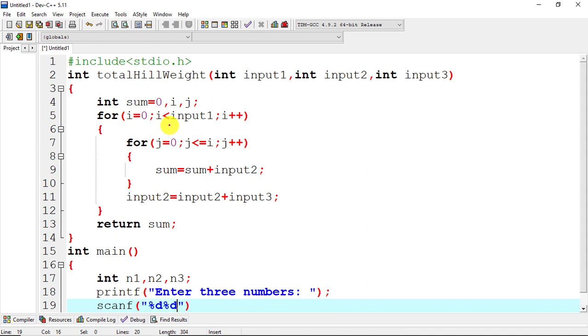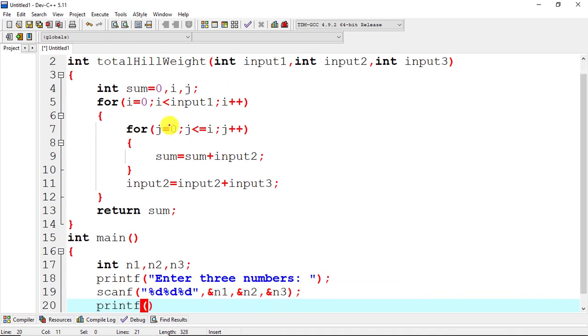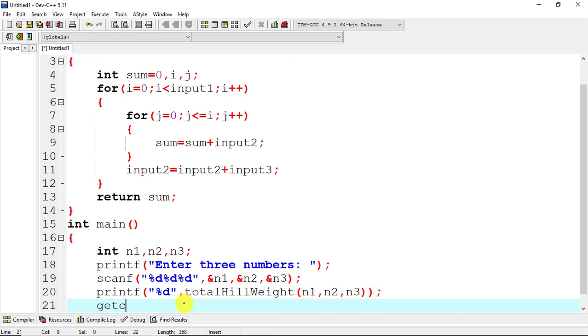Let's say %d, %d, %d, and ampersand n1, ampersand n2 and ampersand n3. Now we will call the function with printf %d, and here our function name is total hill weight. So here we have to write total hill weight and pass the input variables, that is n1, n2 and n3. At last, getch to hold the screen.